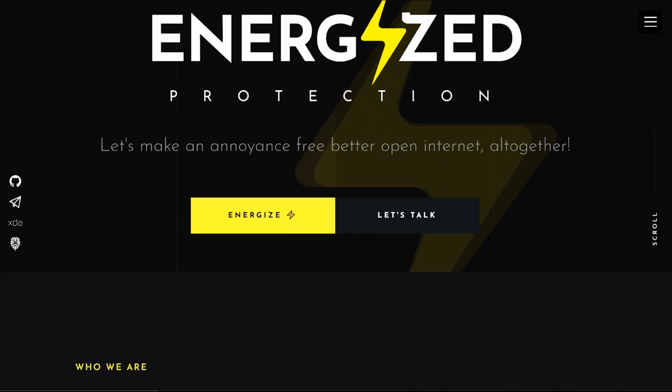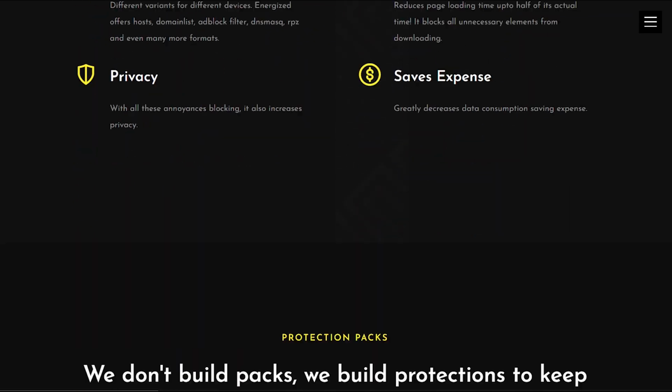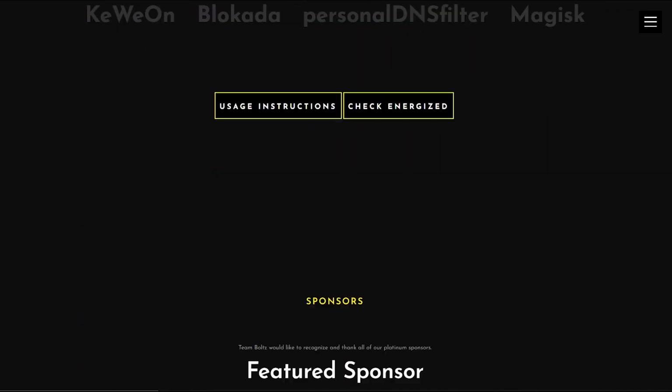And if you want to learn more about the Energize protection, you can visit the website, the link is in the description. Overall, one of the best Magisk modules to avoid ads on a smartphone.